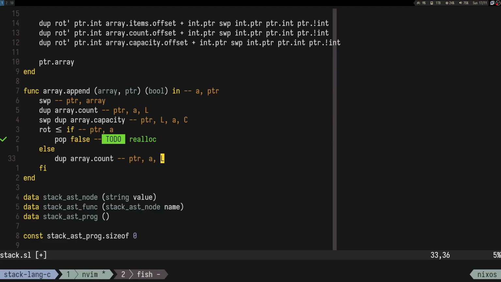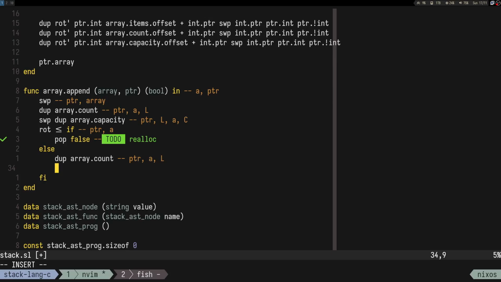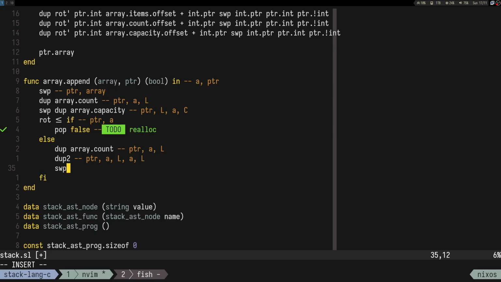So then I would maybe, let's do a dup2, so we get ptr al, we can swap, then do ptr int plus int ptr, so we base, and then maybe just that ptr al, and we have a plus l now, so